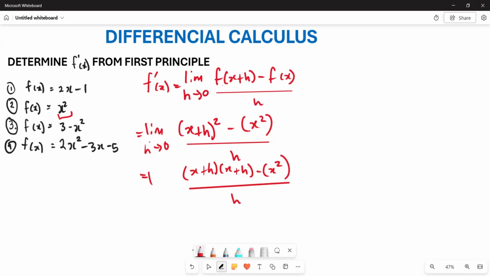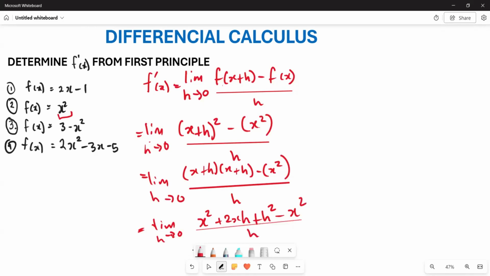Remember, you must write your limit as h approaches 0. Again, you are going to write your limit as h approaches 0, right? What is it that you're going to have? This is the same as x squared plus 2xh, I think, plus h squared, right? Then subtract x squared